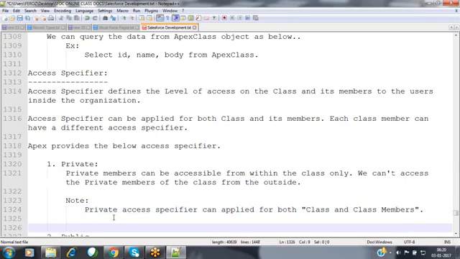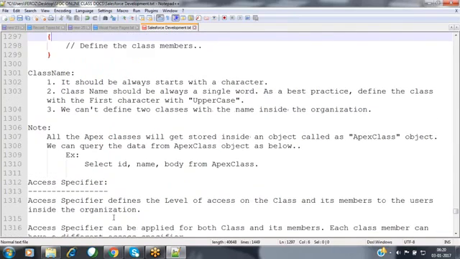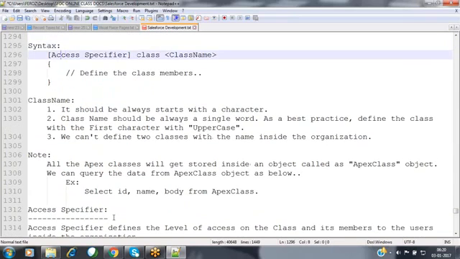Along with that, one more most important point here. When defining the class, I have specified the access specifier keyword, but this access specifier is optional. You may provide the access specifier, or you may not. What will happen if I don't provide any access specifier? What default access specifier will be considered by Apex?